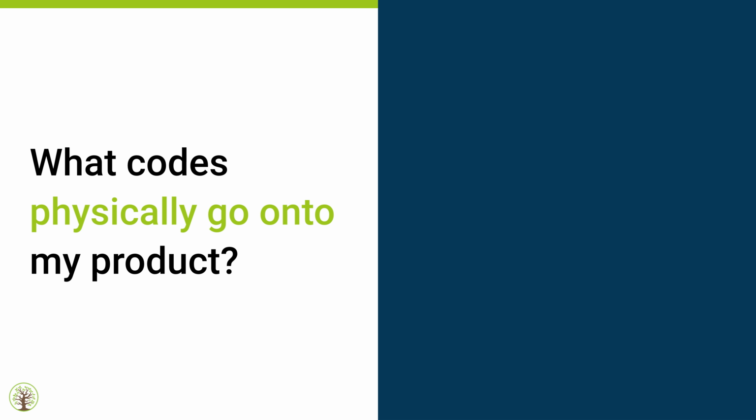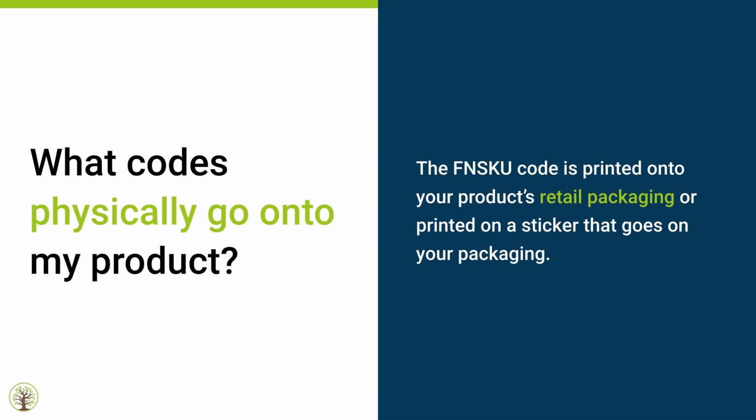What codes physically go onto my product? The FNSKU code is printed onto your product's retail packaging or a sticker that goes into your packaging. You can actually get stickers, and you literally take the sticker and you just put it on the product, okay? So this is your retail packaging. This isn't the physical product. If you wanna see the physical product,